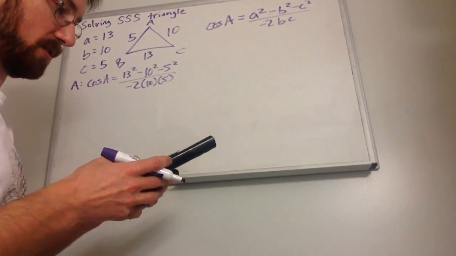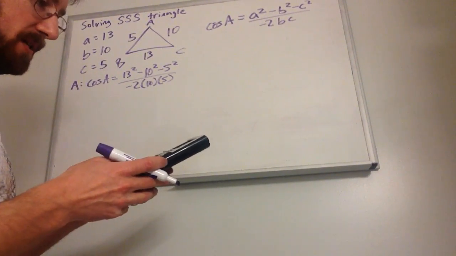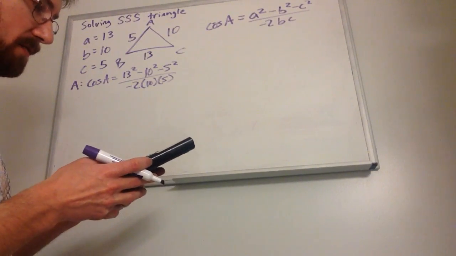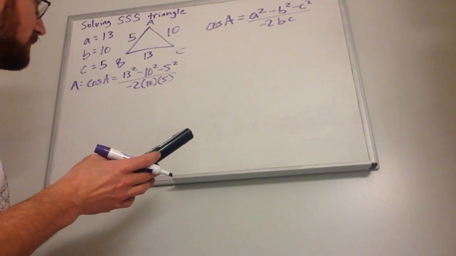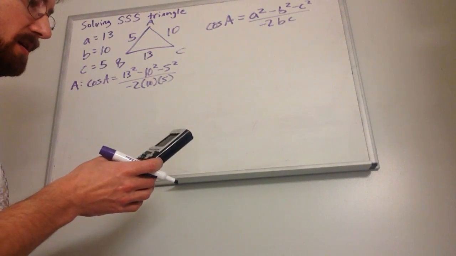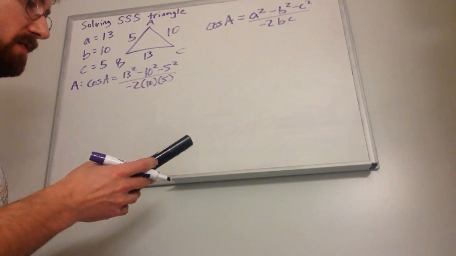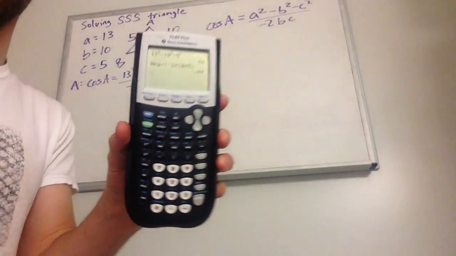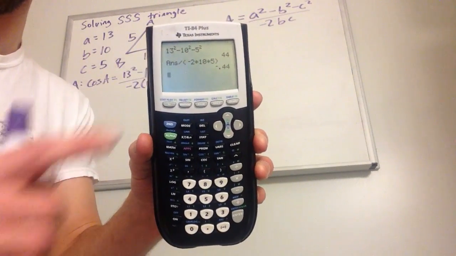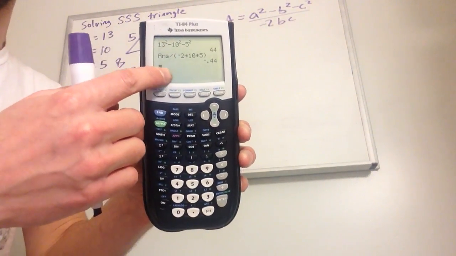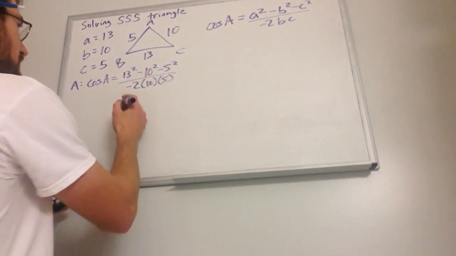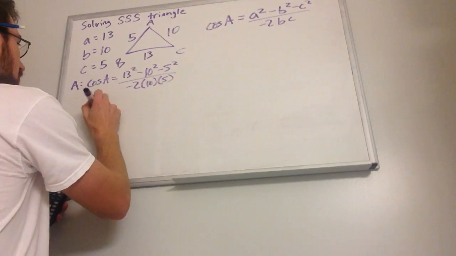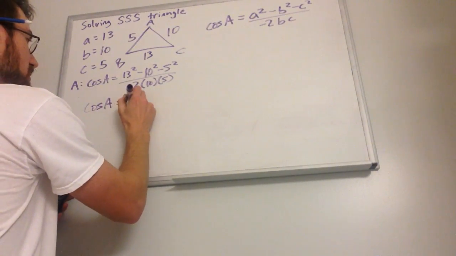Alright, so 13 squared minus 10 squared minus 5 squared divided by -2 times 10 times 5, and I get -0.44. That's how it looks in my calculator. I do the numerator and then divide whatever that is by the denominator. Different ways you can put it in, but it doesn't really matter. So cosine of A is equal to, in this case,